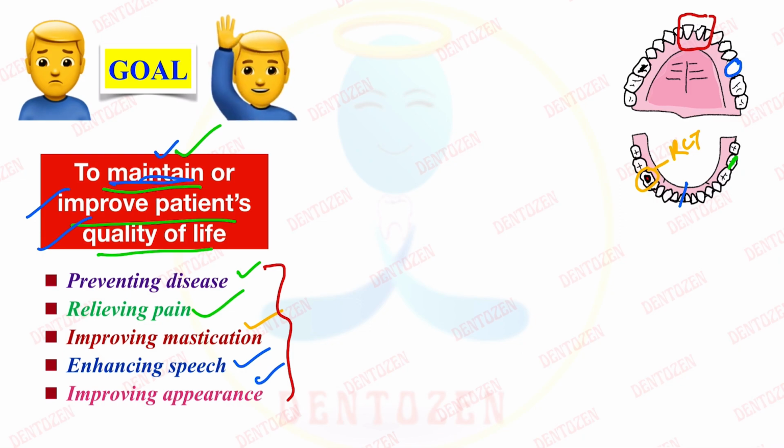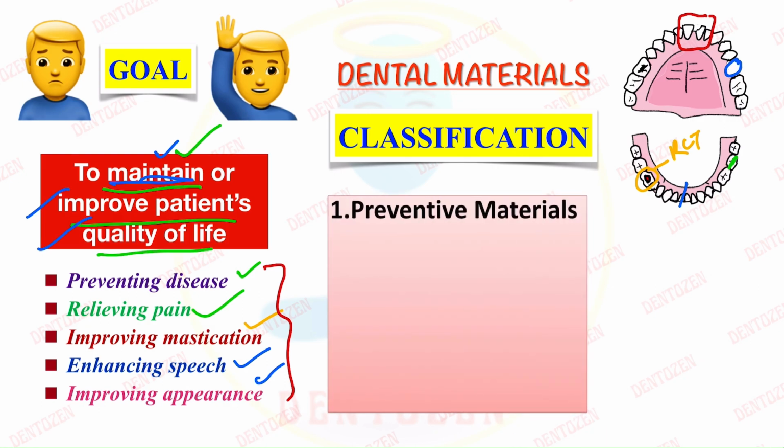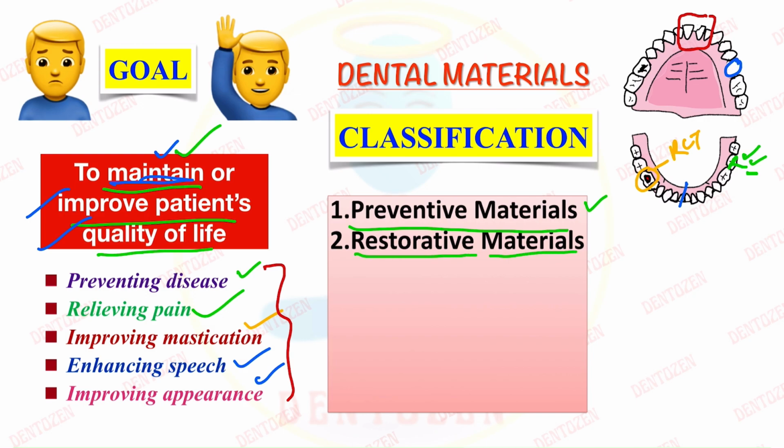So what are the different materials? How do we classify these dental materials? So based on the purpose they serve, they can be preventive materials, for example fissure sealants which prevent the onset of disease. For example, here they prevent caries, so those are preventive materials. They can be restorative when they replace the tooth structure, for example fillings which can be made up of amalgam, composites can be there, so those are restorative materials. Then auxiliary materials,